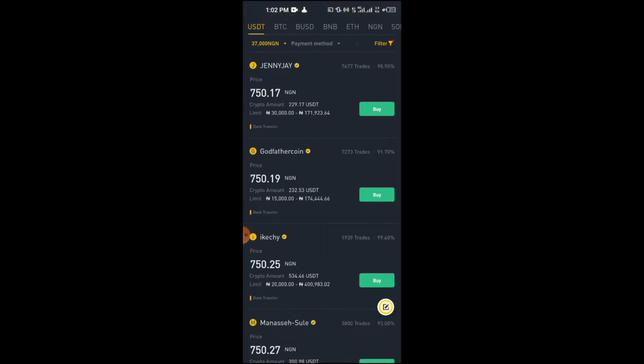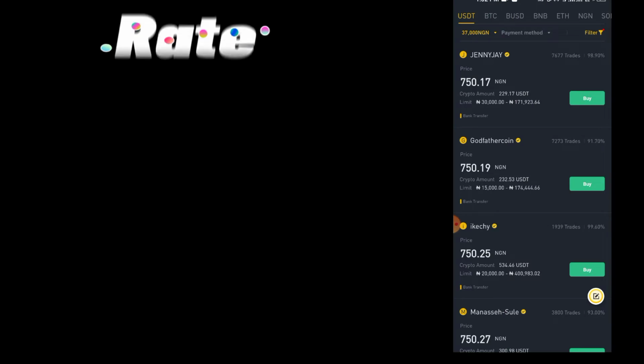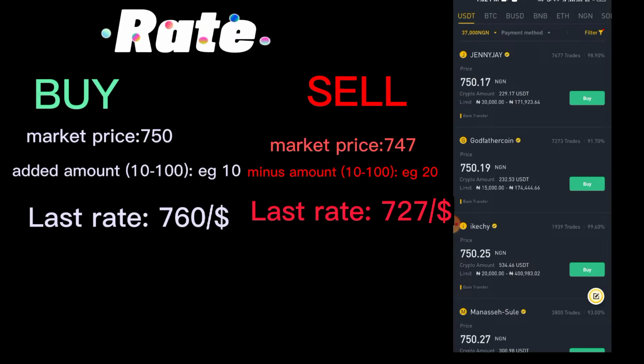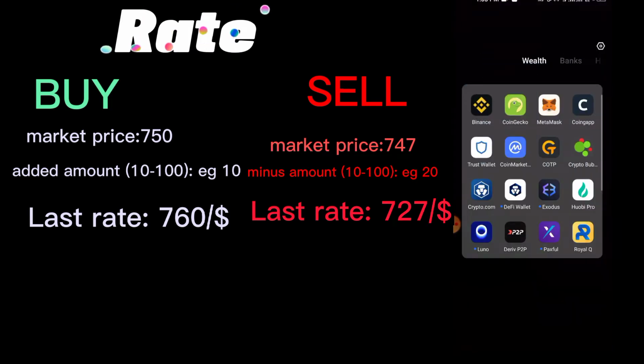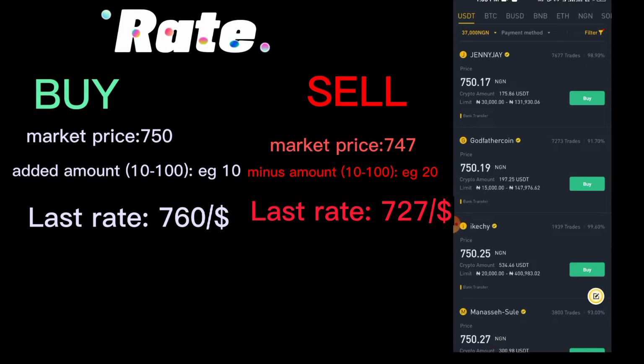Okay, now this particular amount that is here, if you're buying, you add between 10 naira to 100 naira to this amount, depending on how much profit you want. Most persons will be bargaining. So for me, I used to add between 10 to 30 or 10 to 40, depending on the person I'm transacting with. So let me say I add 10 naira to this now. Instead of 750, it will be 760. So now 760. If the person is buying like $100, they'll give me about